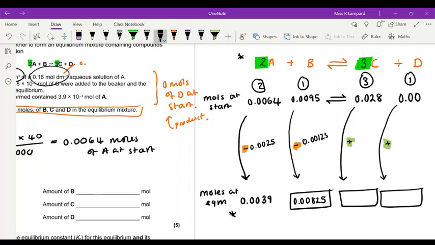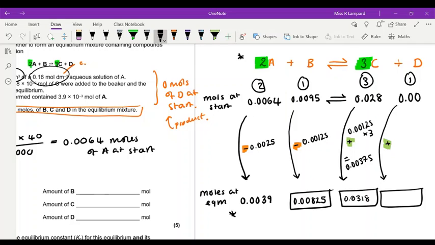Similarly, C has gone up by a ratio of 3 essentially. Okay, now we know what a ratio of 1 would be. We can say, okay, well, it's going to go up by 0.00125 times 3, okay, which is equal to 0.00375. So if we add 0.028 to 0.00375, we get an answer of